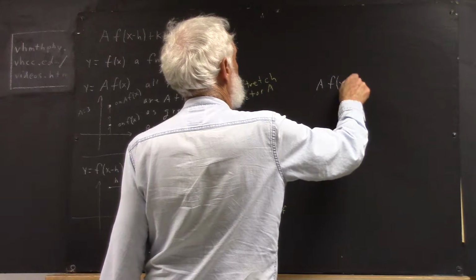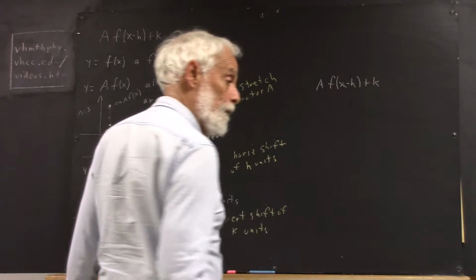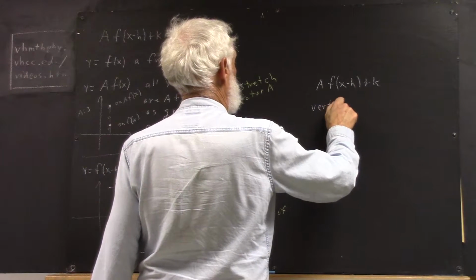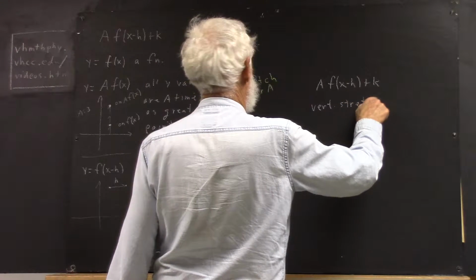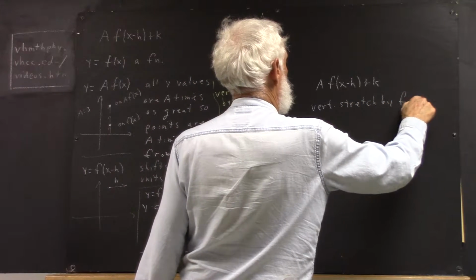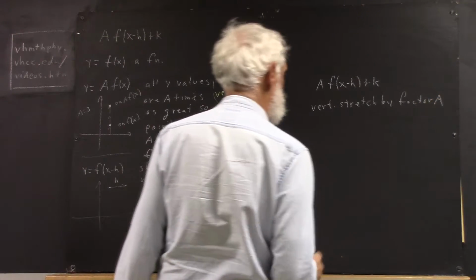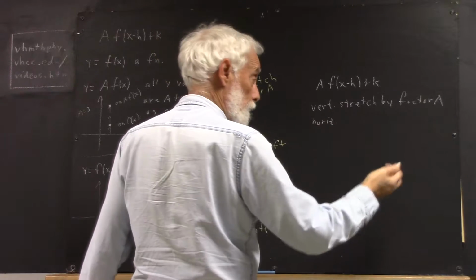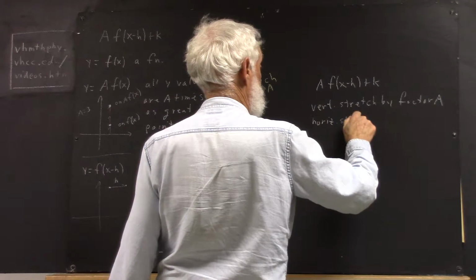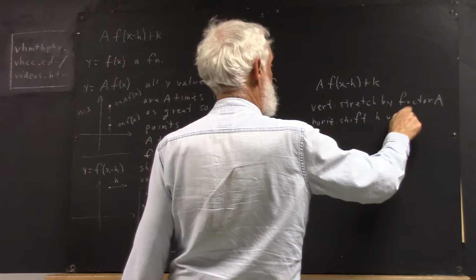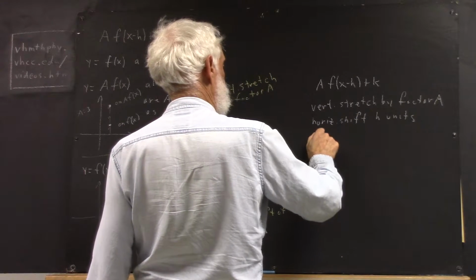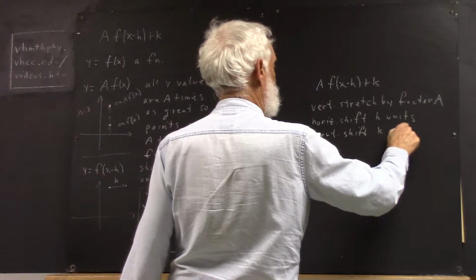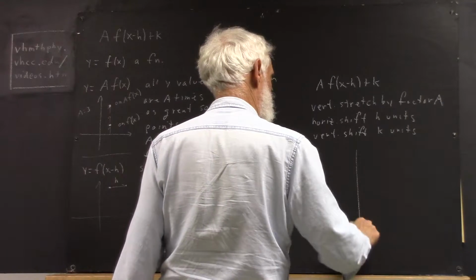Now, a f of x minus h plus k, we have vertical stretch by factor a, followed by the horizontal and vertical shift in either order, but the vertical shift k units. So if you have a point on the graph,